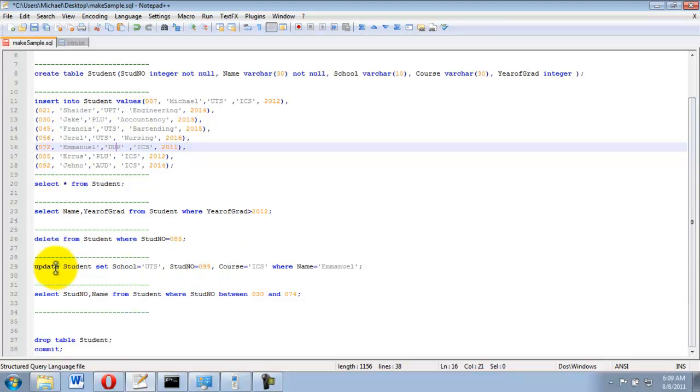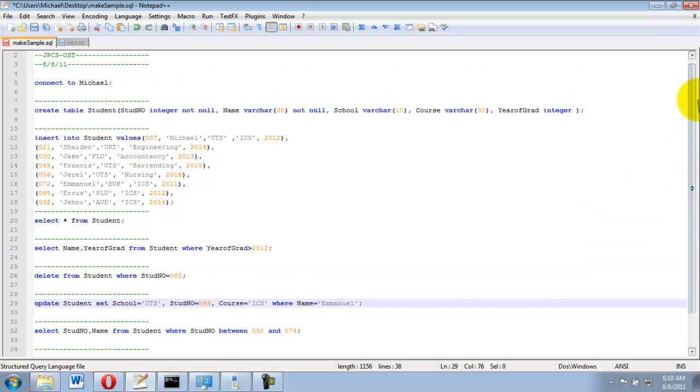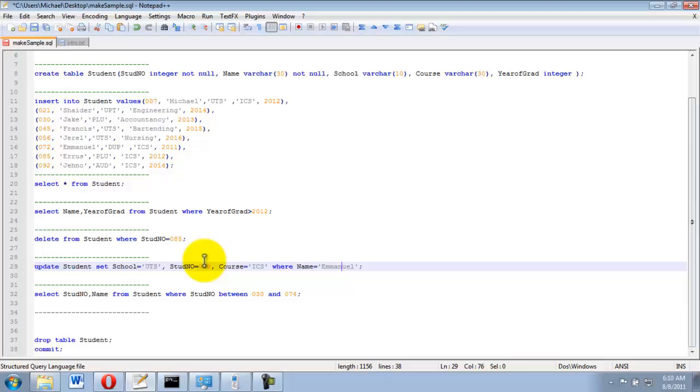Then you just need to type update, the table name, set, those you want to change: the school, the student number, and the course. Where name is equal to Emmanuel, meaning I would like to change Emmanuel, because if he changes school, he might actually have a different student number.